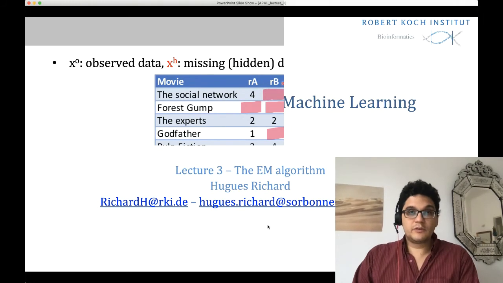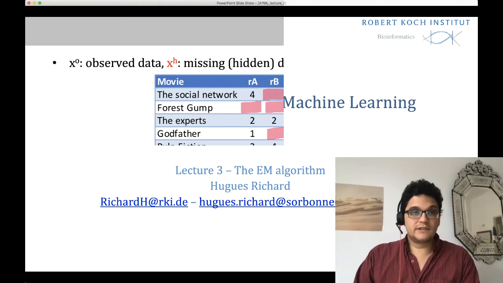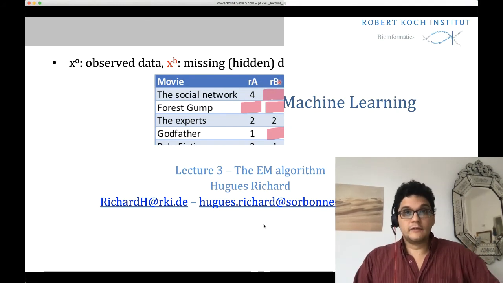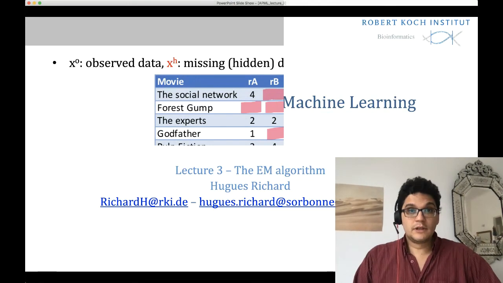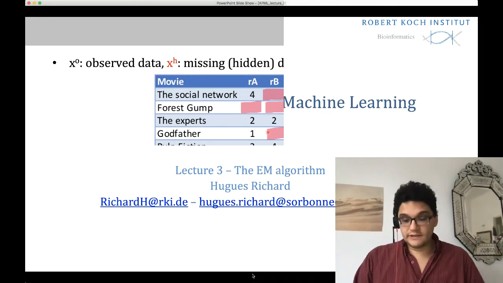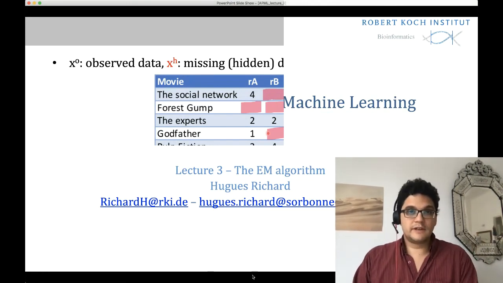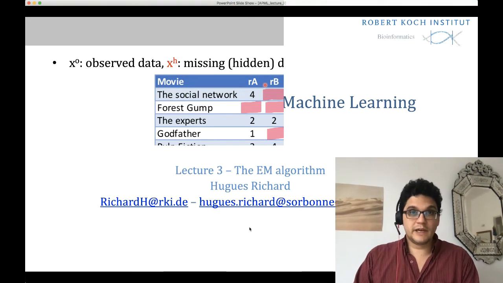So in this case, we can make multiple hypotheses on the way the data is missing. It can be missing completely at random, so there is no relationship between the fact that the data is missing and its position in the table. There can be, of course, more complicated cases, but we will not look at that now. There you can hypothesize that there is some bias in the way the data is missing.